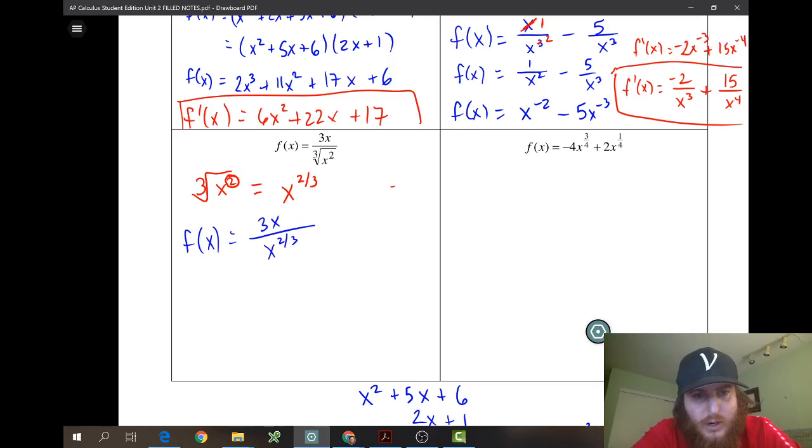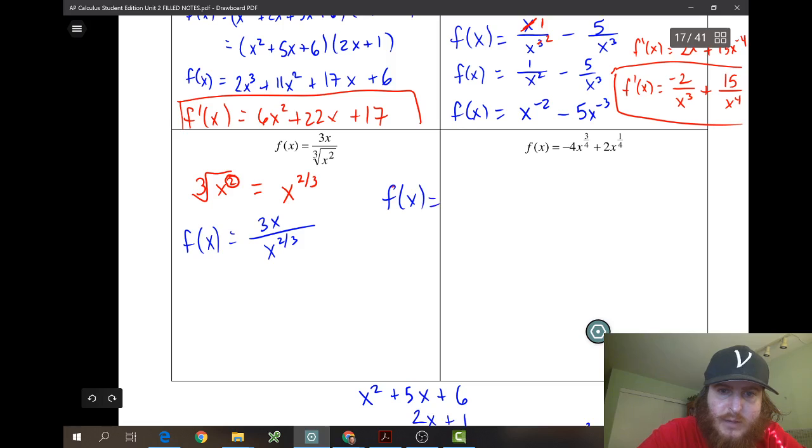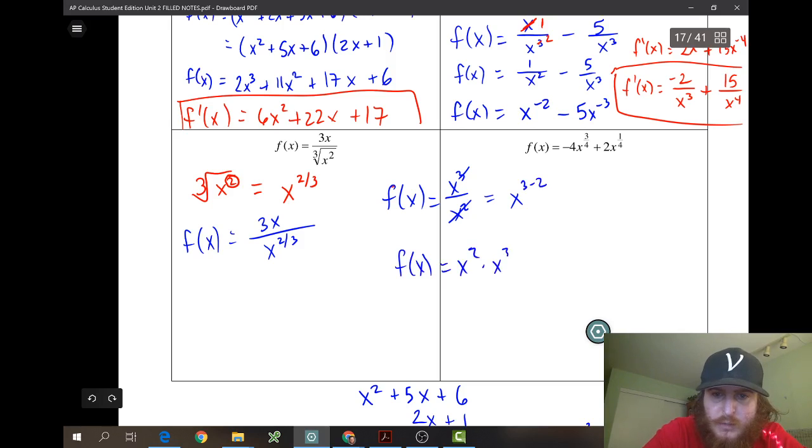Now, this is a little bit weird, but we can cancel out an x to the 2/3 power. This is kind of strange, but if you remember far back with your exponent rules, if we had something like x cubed over x squared, we cancel out an x, but the reason for that is that really this is like having x to the 3 minus 2, right? Just like how when you have f of x equals x squared times x cubed, this is x to the 5th, because it's x to the 2 plus 3. So here, really what you're doing is you're subtracting off